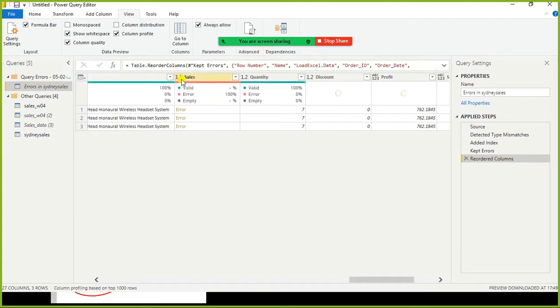So the moment we converted, now it shows an error. After applying this, it is showing this error.